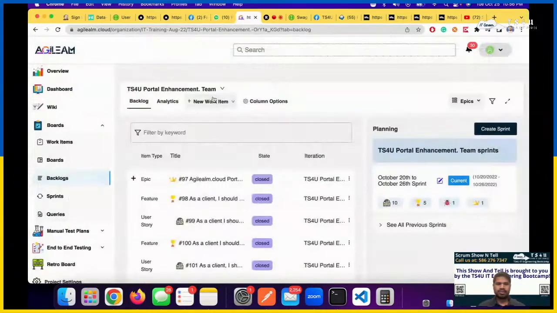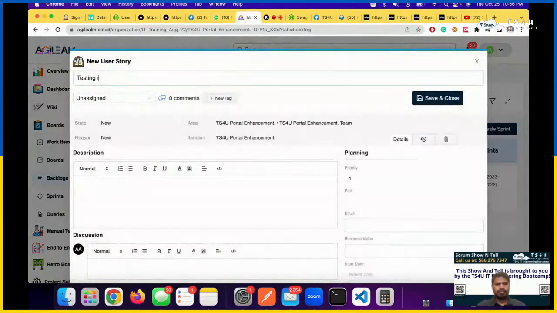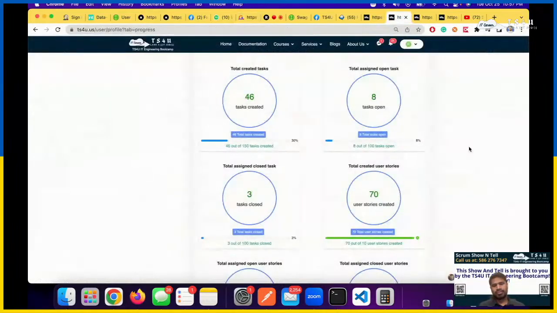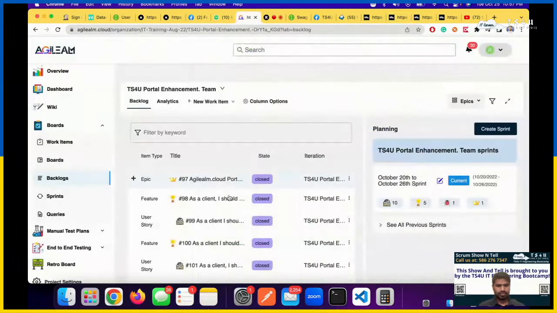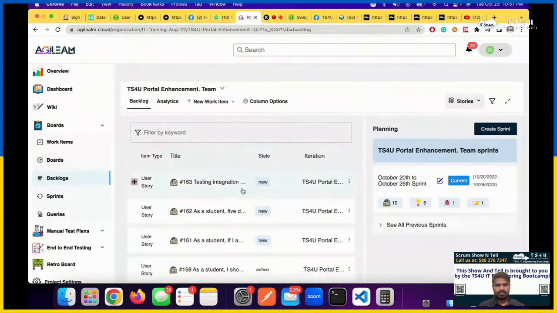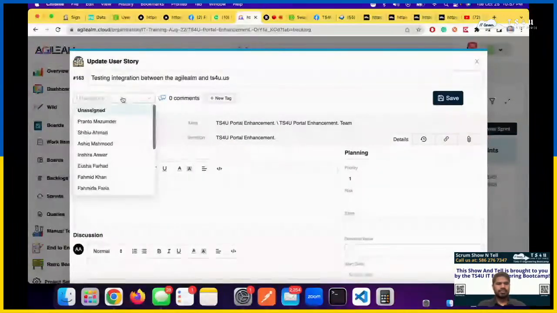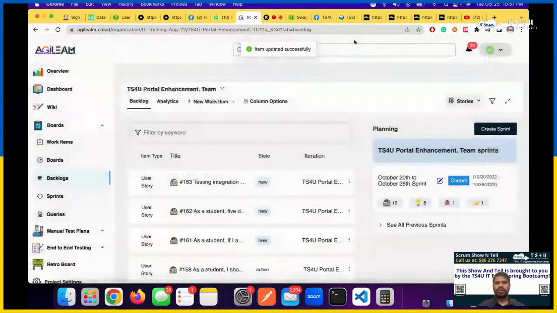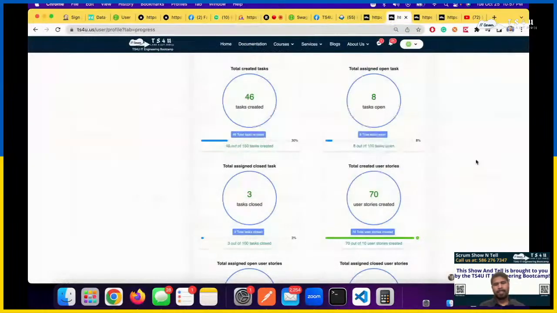Let me do something. Okay, I did it. So what do you do? Don't you have to assign it to yourself first? Yes. Okay, let's go see. All right, done. So what do you do now? Okay, good. What do you do now here? Well, if you don't see any changes, you need to refresh the page.